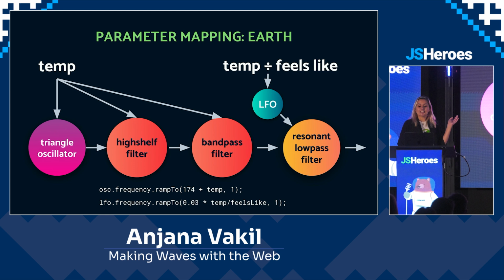The only difference is that the temperature values and the feels like temperature are being piped in to the frequencies here. So Tone.js provides a really convenient little rampTo method that I can use to gradually change from one parameter to the next. And so essentially, I'm just playing with these, a lot of experimentation, to use these values to scale up or down the frequencies of both the oscillator that makes the sound and the LFO that changes how fast that filter sweep happens. So that's just one example. You can check out the code. You can judge it on GitHub.